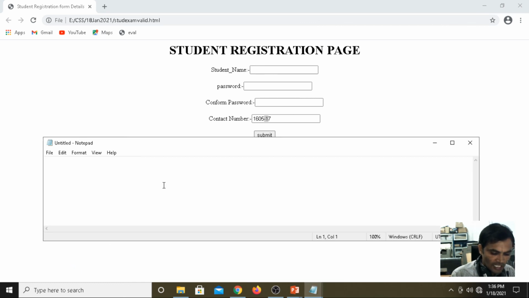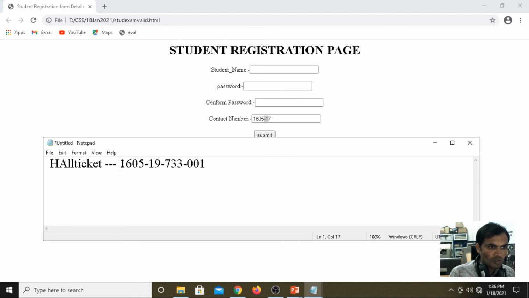Under the regular expression, we give the condition 0 to 9. For example, for a roll number or hall ticket number, if you have 160519733-001, this is your roll number.